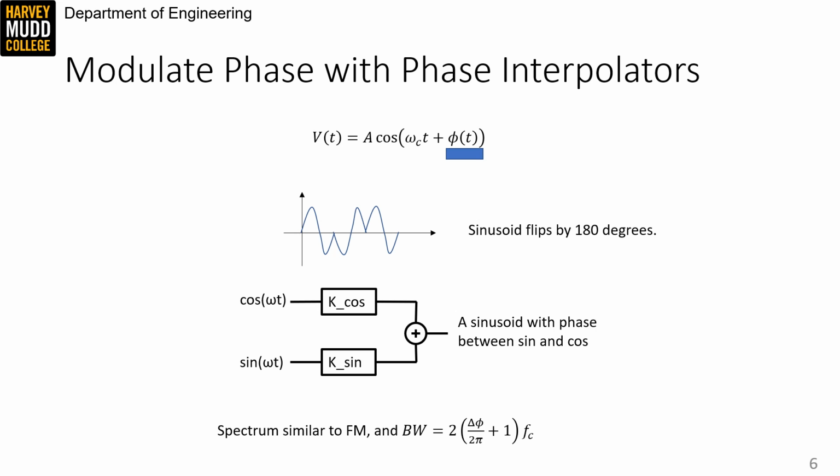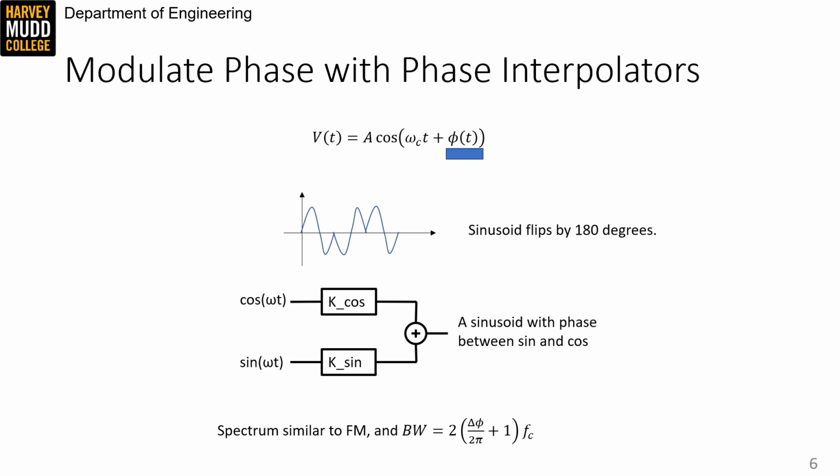This slide contains a picture of a phase-modulated wave and a circuit that implements phase modulation. Phase-modulated signals are often difficult to interpret, so I've included a particularly simple modulation called binary phase shift keying, or BPSK, which swaps between 0 degrees and 180 degrees of phase in the modulating signal. This is a type of digital phase modulation, and this wave represents the code 101